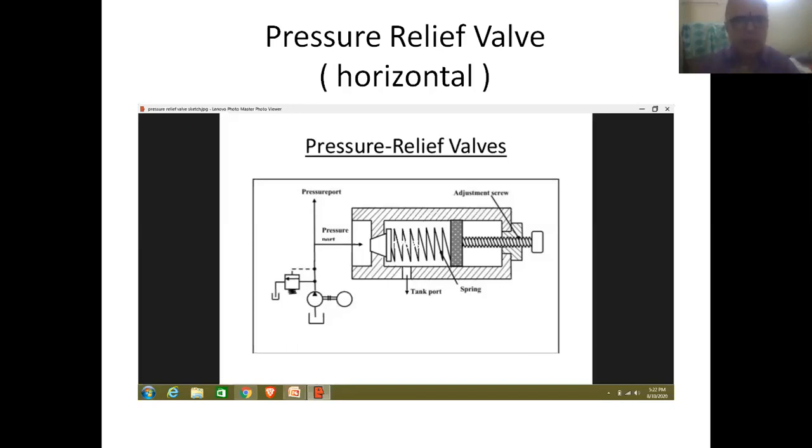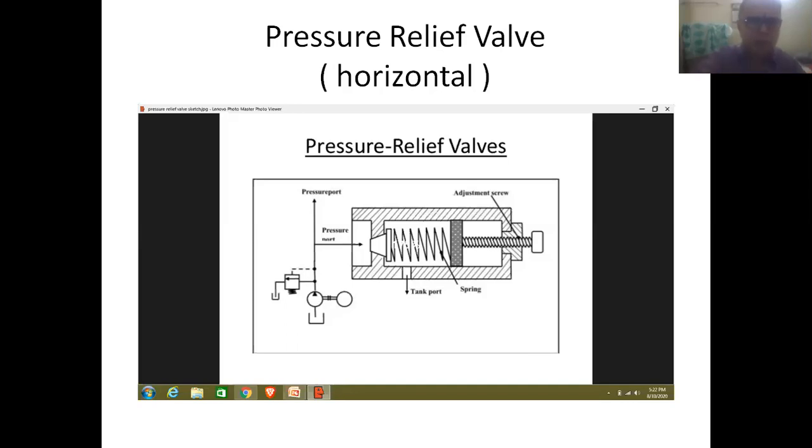So this diagram is shown, a circuit diagram is shown in this region. This is the oil reservoir, and here we have a hydraulic pump, and this is driven by an electric motor.